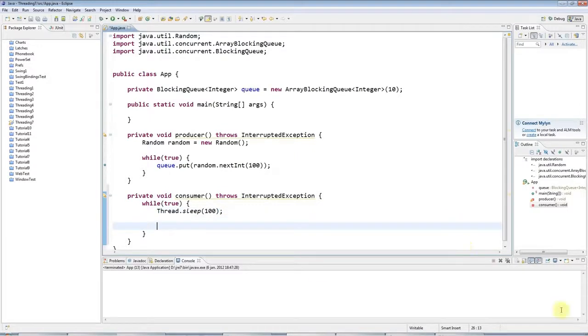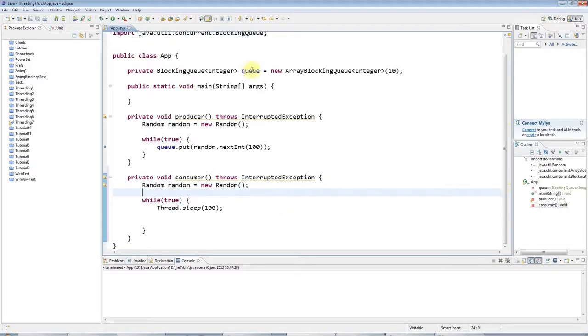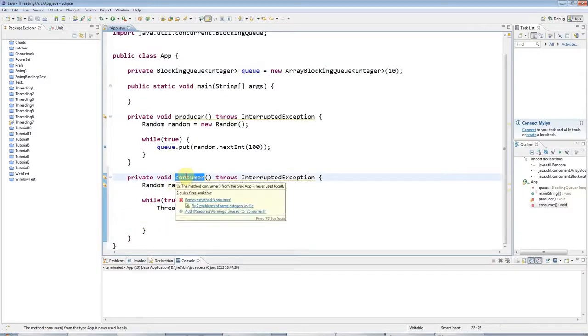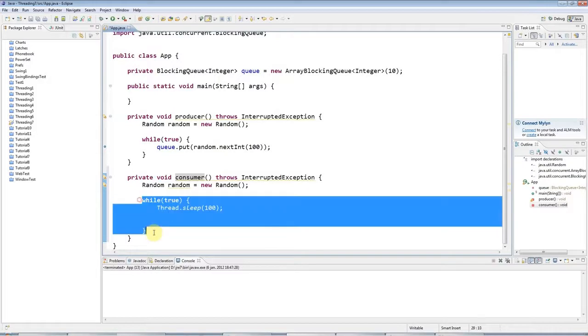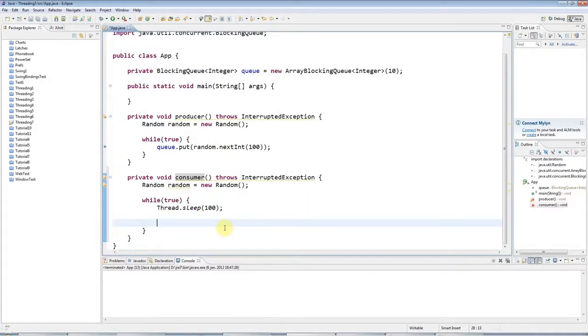And I'm also going to use random here, actually. What I'm going to do with random here is randomly take things off this queue, because in the real world this would be something that takes things off the queue and takes time to process each item. So it will be taking items only as fast as it's able to, and I'm going to simulate that happening here by randomly choosing whether to take an item or not each time the loop goes round. So let's say, for example,